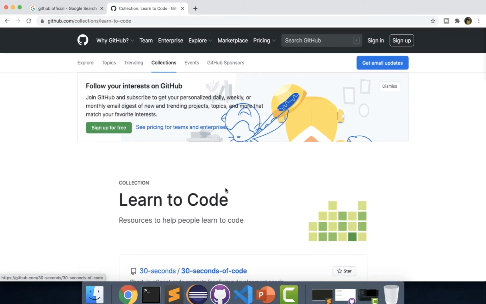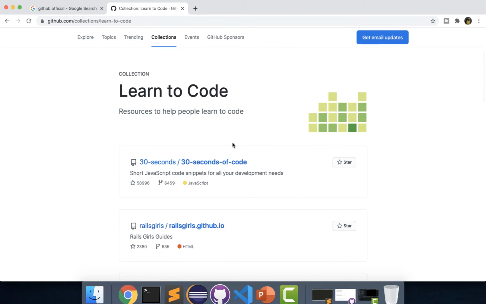This is one of the repositories created here, and you can see a few details like the star mark, how many people have given star ratings, how many times this has been forked, and what kind of tag it has, that is JavaScript over here. These are details we'll follow up on in upcoming sessions, so no need to worry about them. This is the name of the particular repository. Let's try to clone it.